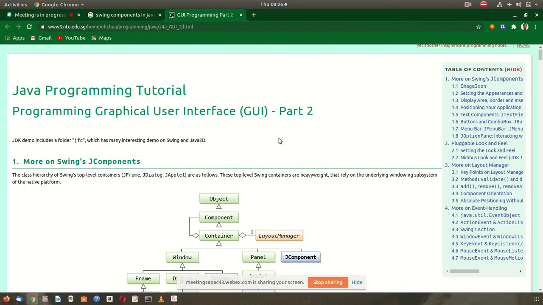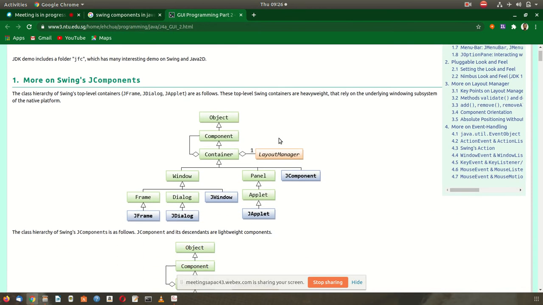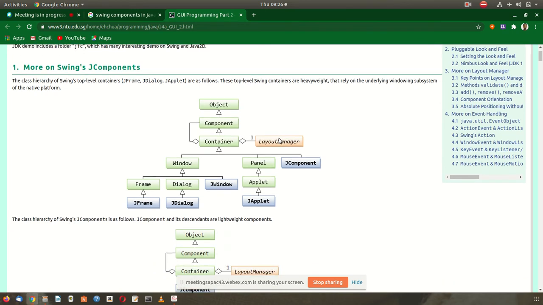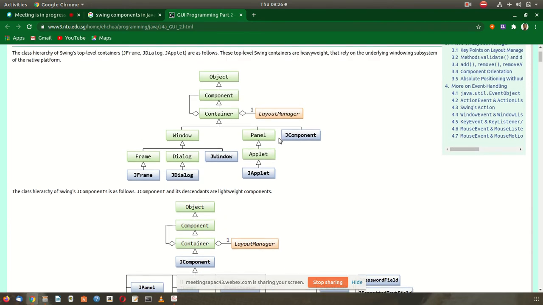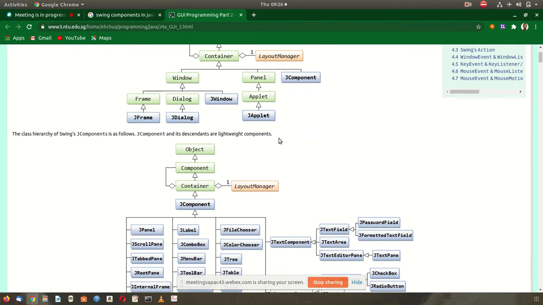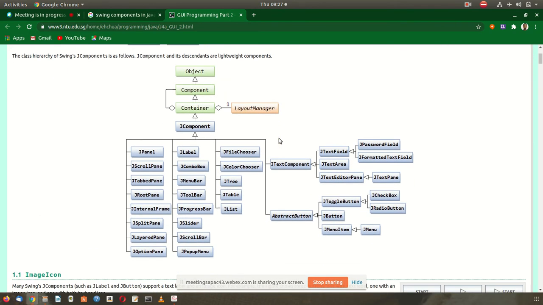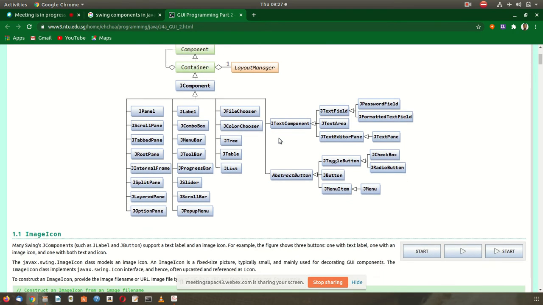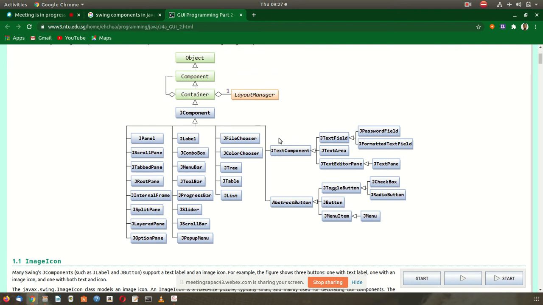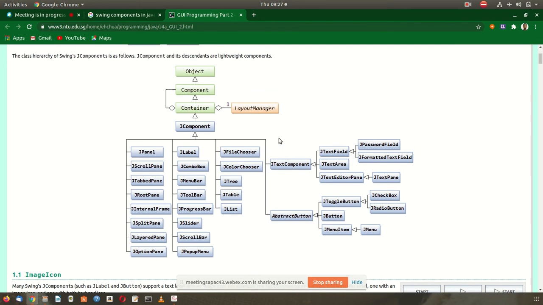Okay, so Java Swing components. Here you can see there is a tree that shows the various implementations and various branches of a graphical user interface.